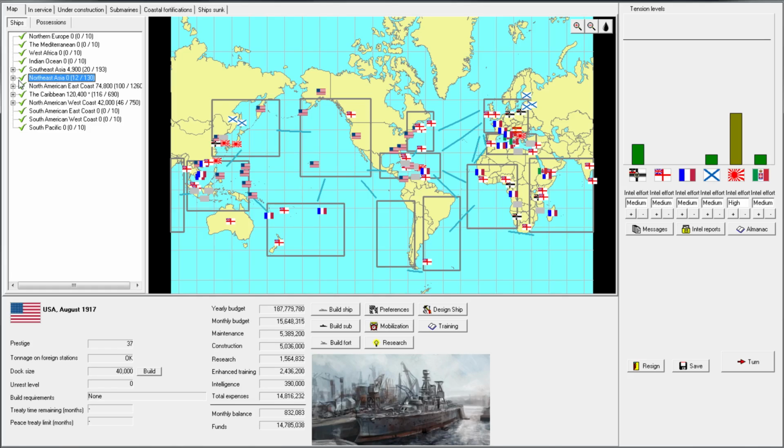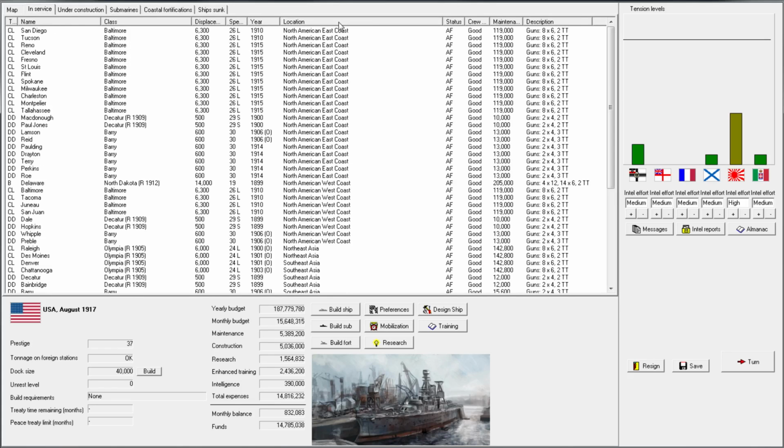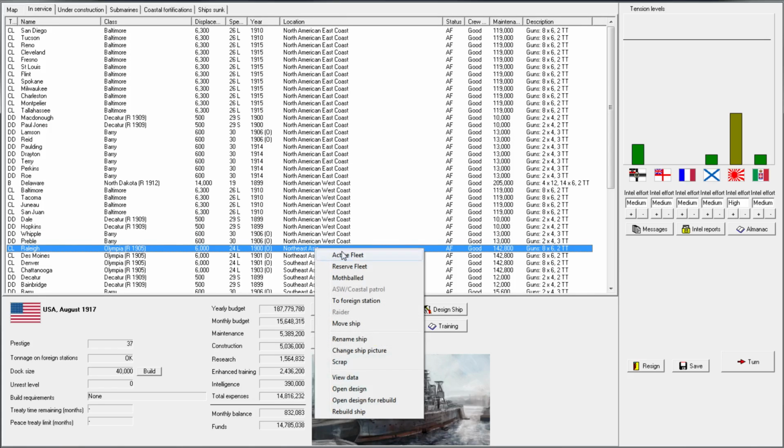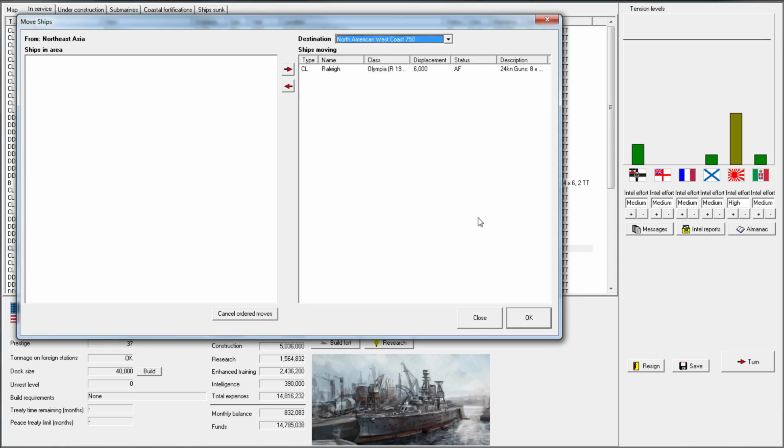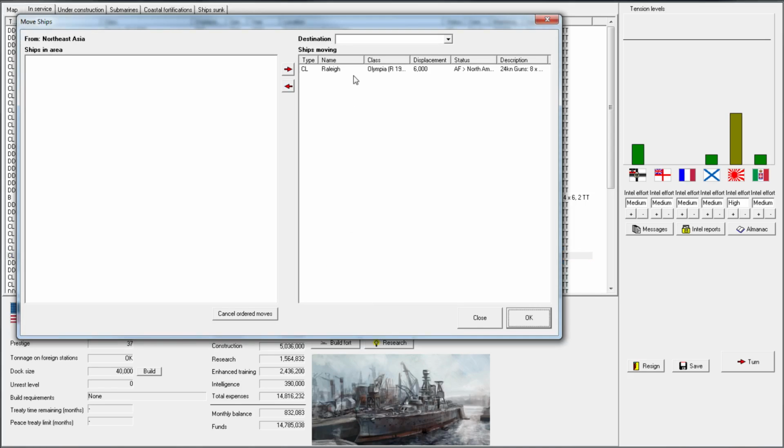How's Northeast Asia says it's exactly fulfilled? Does that mean if we move... Let's pretend to move one of the ships out of Northeast Asia. Let's see what happens. Huh, it doesn't complain. So maybe the tonnage on foreign stations necessary for Northeast Asia is just nothing. Okay, but let's just... Oh, it's not...